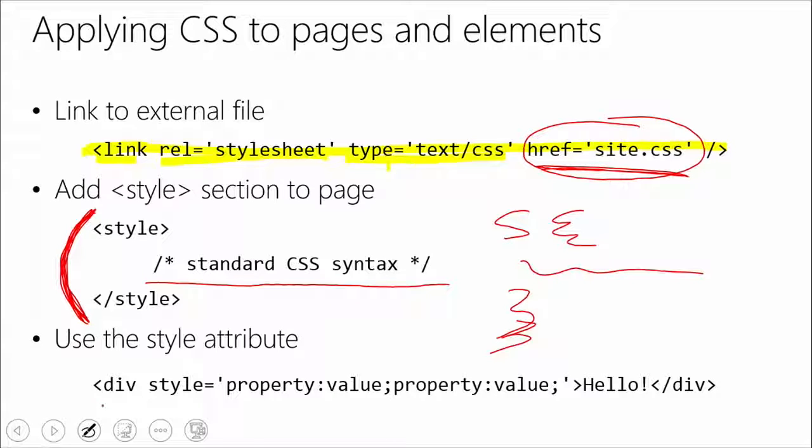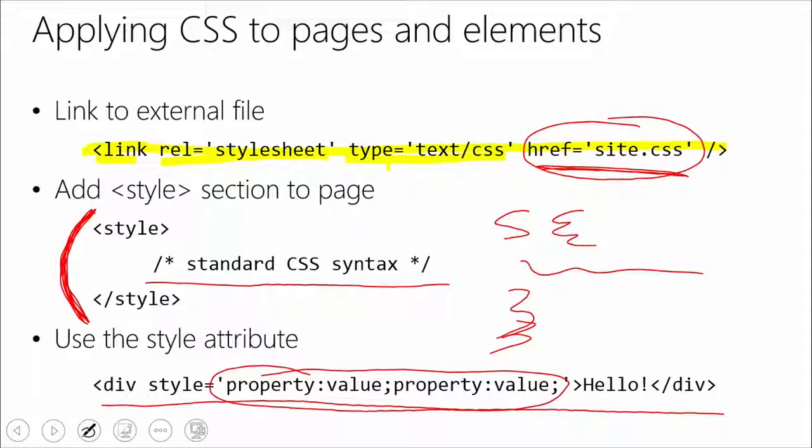And then finally, last but not least, you can also, if you want, put style directly onto an element. And that's just simply going to have those property value pairs right inside of there. Now, I know some of you are probably already wondering, well, what happens if it turns out that